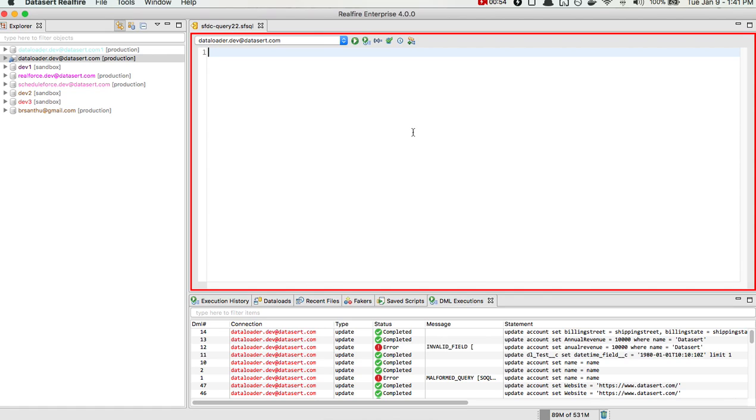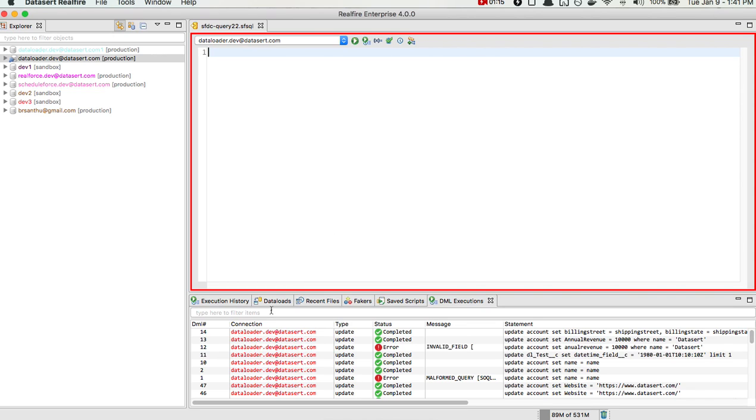Salesforce doesn't have the capability or feature that you can say, update this particular object with this particular value, and you have to write a whole big bunch of code and batch programs and what have you to do that. So Realfire introduces this DML, the SQL update and the SQL delete, and